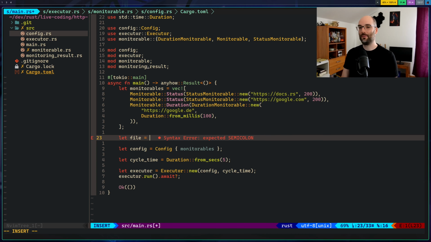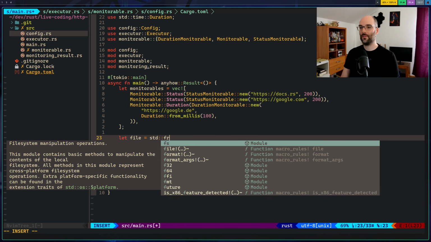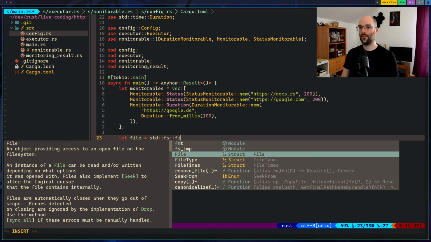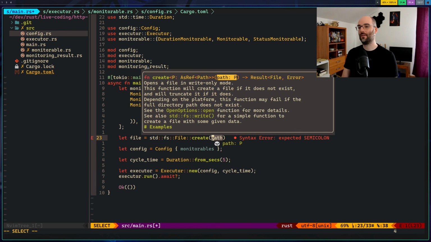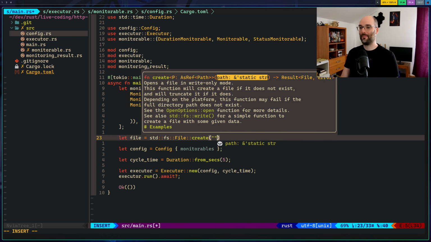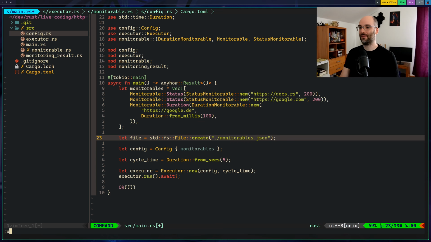Creating a file. Like this, come on. Are you also struggling like this for a syntax that should be way easier? Well, path, this is gonna be monitorables.json. Oh, pretty embarrassing, to be honest.